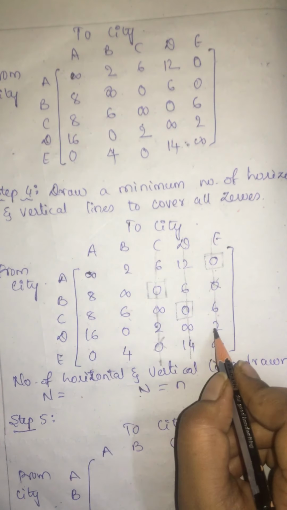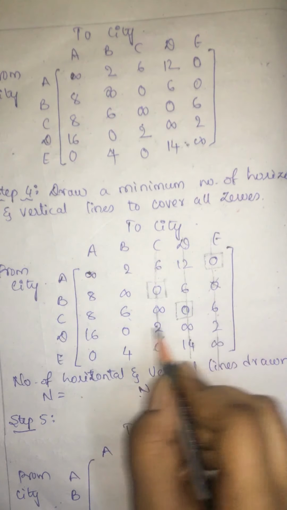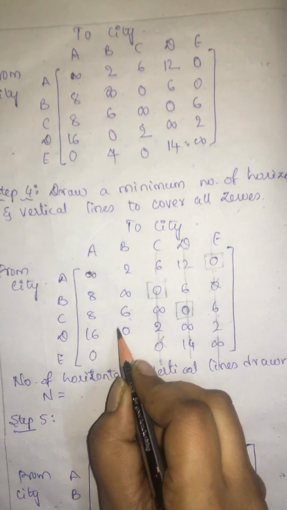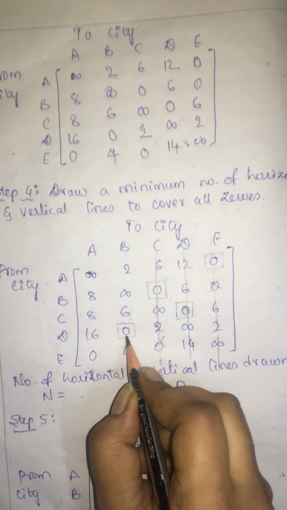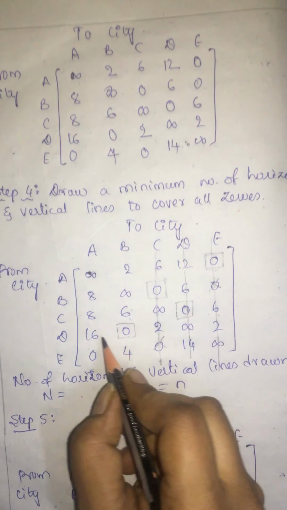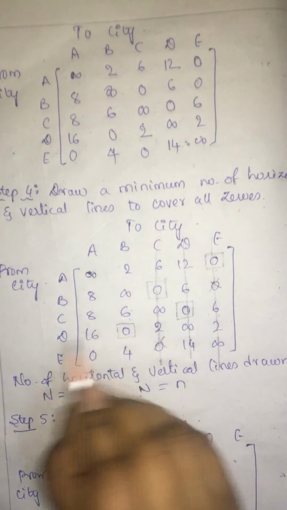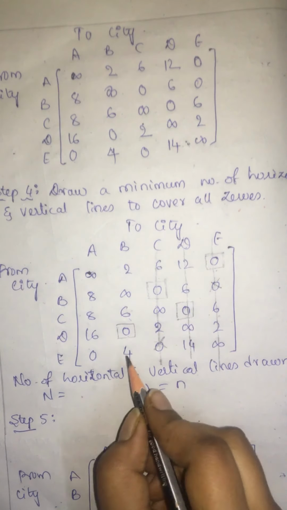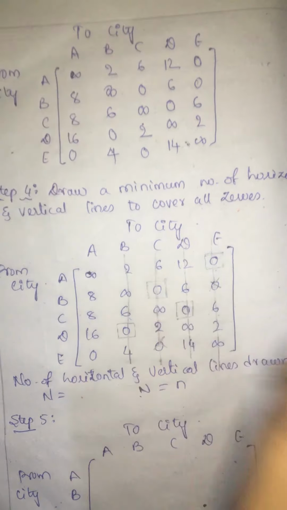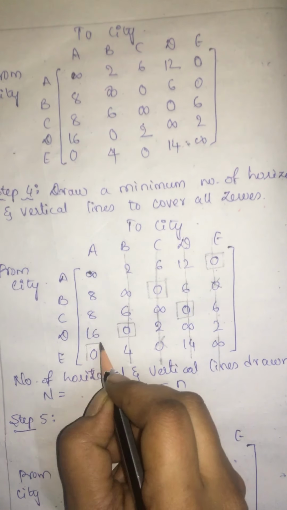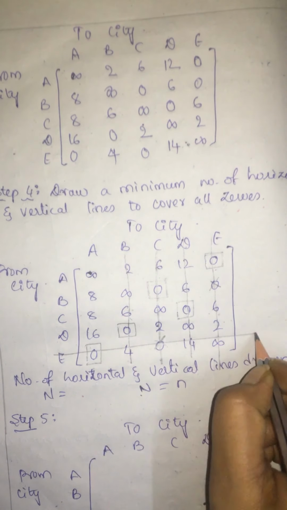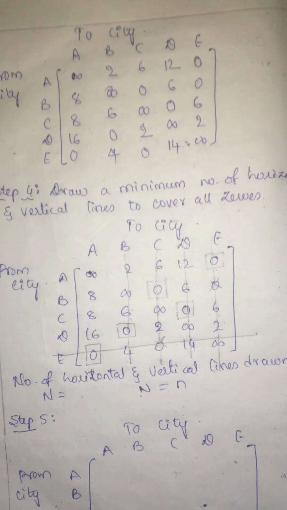Now take the next row, that is the fourth row. Is there any single zero in this row? 16 and 0, 2. Among the two values only a single zero is there. So you have allocated this; look for any other zeros in the row and the column. There is no zero in the row and the column. So now I have taken the entire row and struck out the column. Next, only one column remains, only a single zero is there, allocate this. Now I have taken a column into consideration, I'll draw one horizontal line.